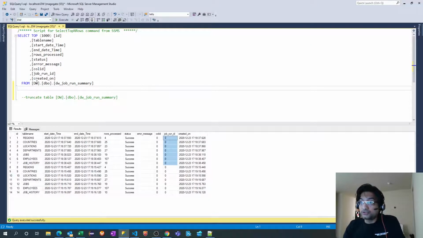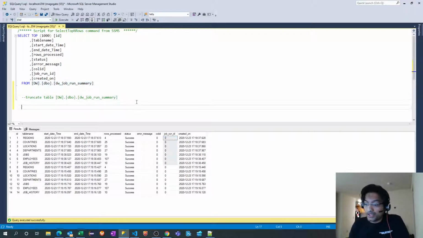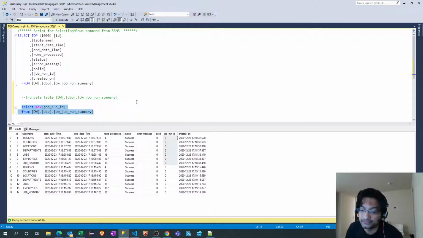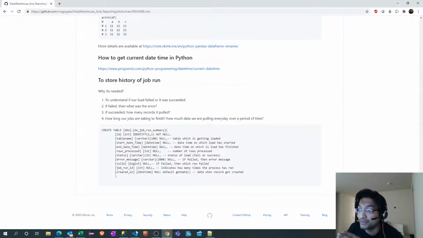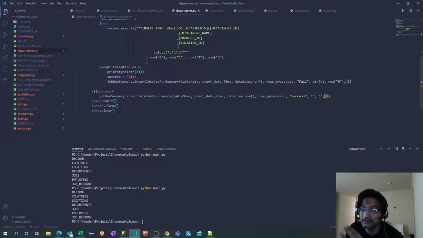and how should that variable get initialized? There has to be a query. Our program should find the maximum value of job run ID, and it should add 1 to that. So if I run this again, in the ideal scenario, since we ran it 2 times, the value I should get with this query is 2. I should add 1 more to that, so the value would become 3, and that 3 should get passed over here.